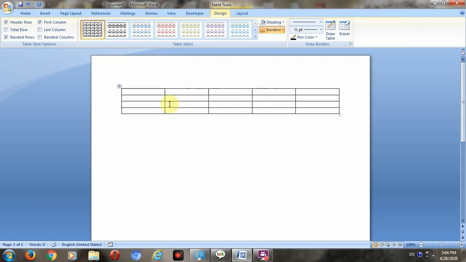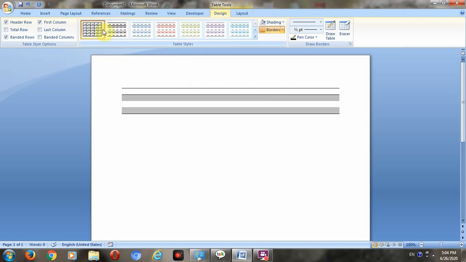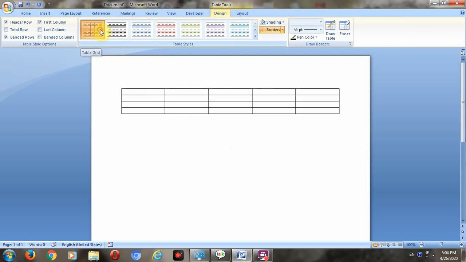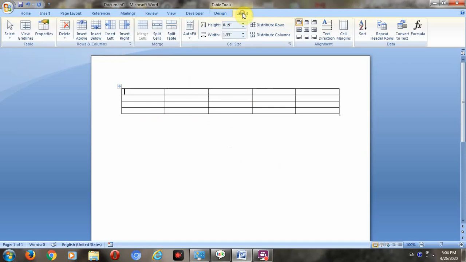Now this is the normal table. For merging and splitting the cells, you have to go to the Layout option. In the Layout option, first we get table height and table width.